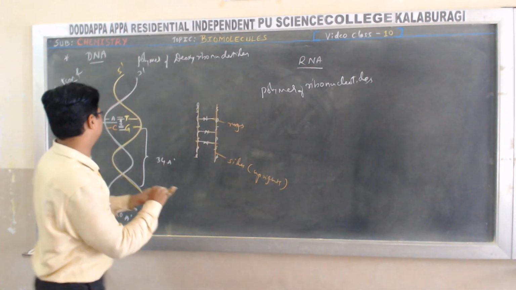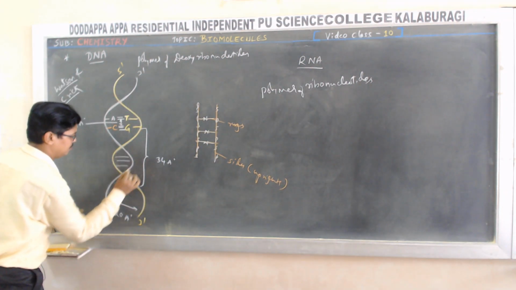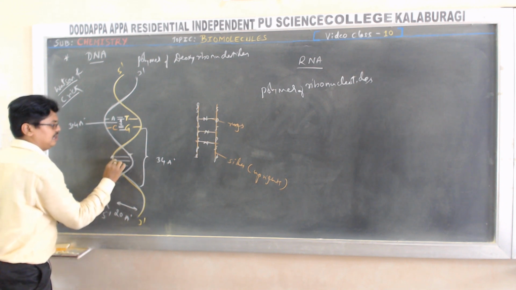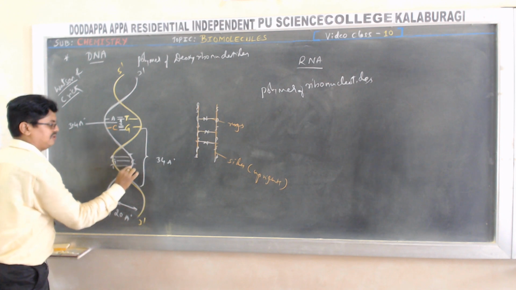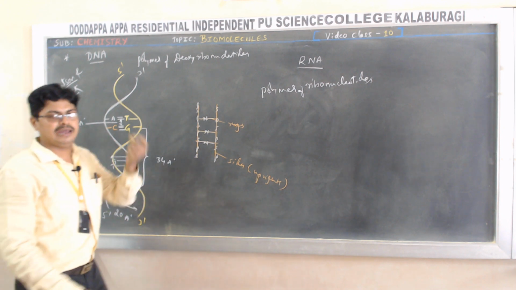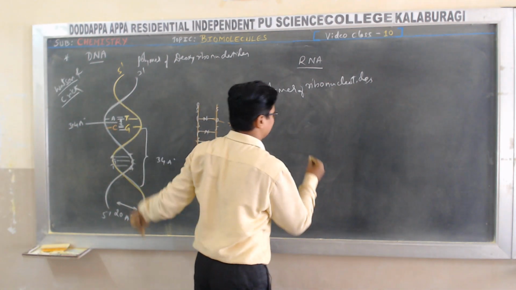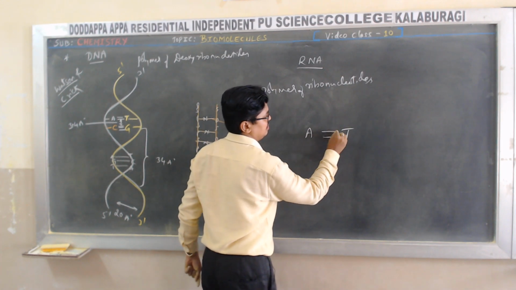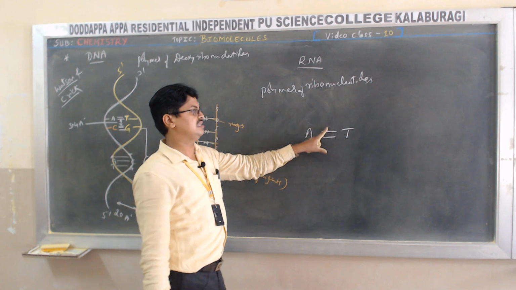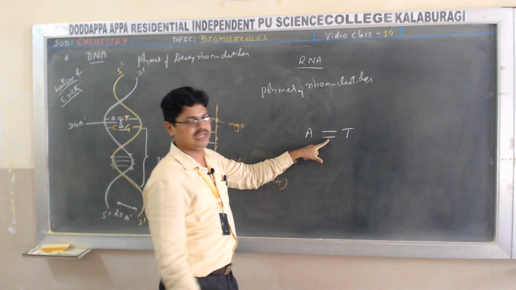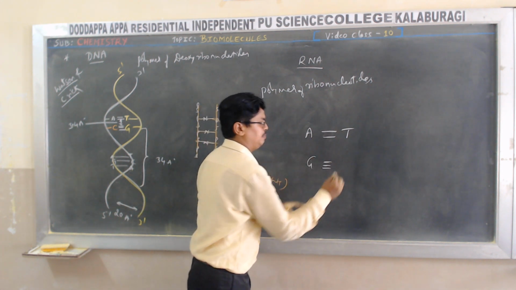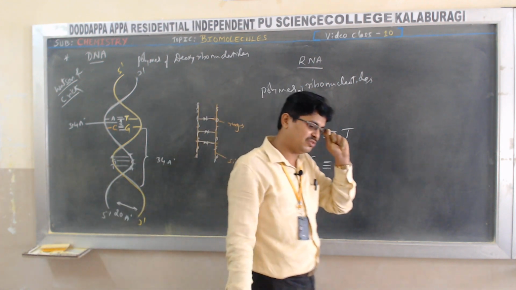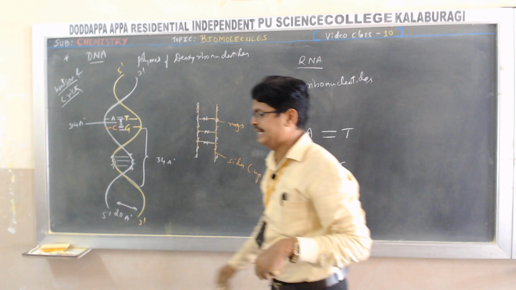Of course, further you can show here. Adenine means thymine, guanine means cytosine, again thymine means adenine, like this. One point to be noted, I already mentioned here, adenine always combines with thymine with double bond. These double bonds are made up of hydrogen bonding, whereas guanine with triple hydrogen bond combines with cytosine. So this is regarding the structure of DNA and RNA.